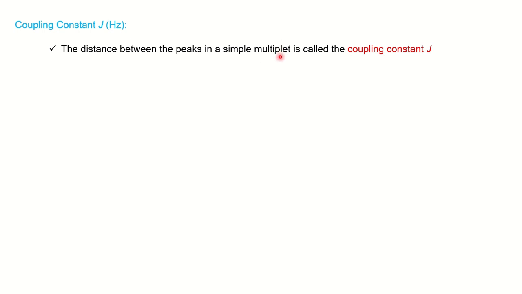As you might have done your basics regarding NMR, I assume that you know what is chemical shift, what is Pascal's triangle, and how you get multiplets and the multiplicity here. If you are aware of all these basics, then you can watch this video. Otherwise, first cover all those videos related to chemical shift, multiplicity, Pascal's triangle. I have prepared that. You can find the link in the description box.